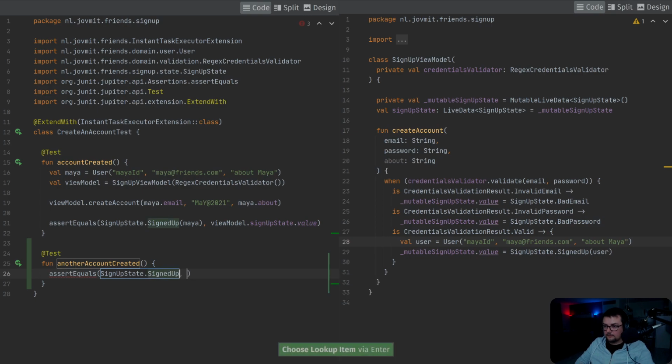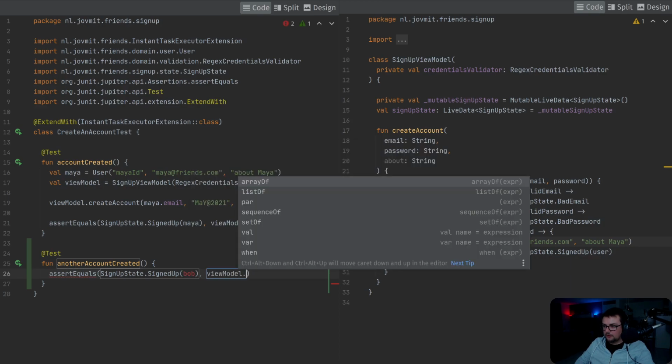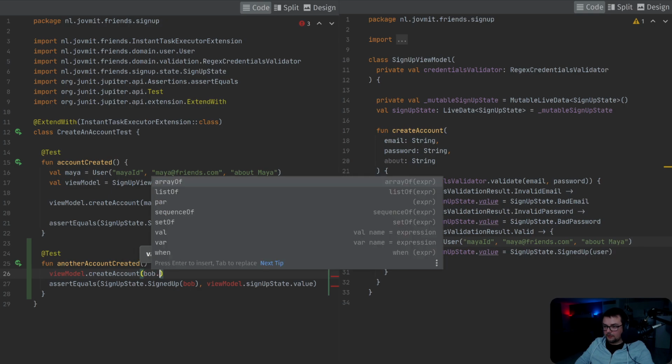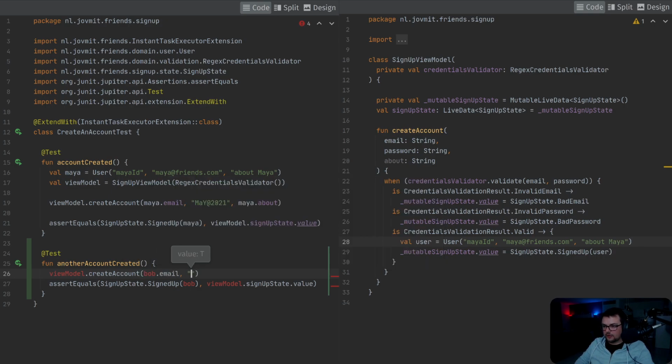and there I'm gonna have, let's say, Bob, and that's gonna be my view model sign up state value. That happens when I do viewModel.createAccount, and here I'll pass Bob, email, and then the password. The password is gonna be, let's say,